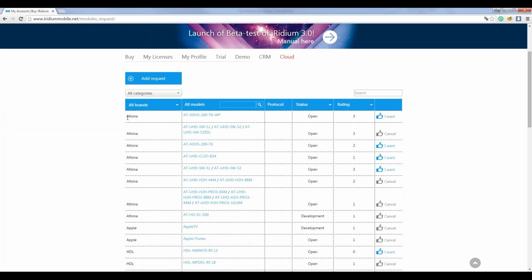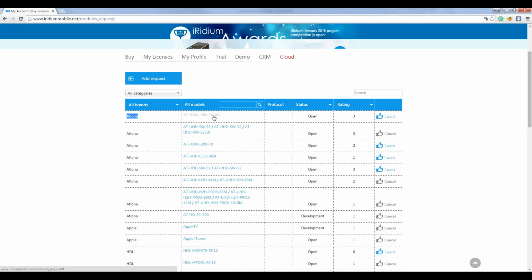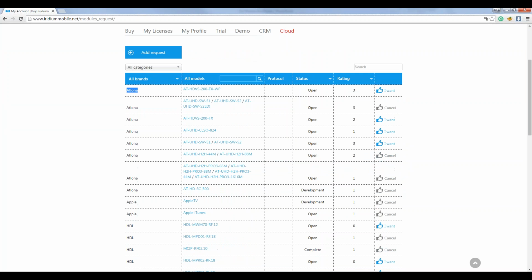So as the installer says that somebody wants Atlona device, Atlona brand, and the module for that. If I see the module that I want, I should press I want, and my voice will up the rating of that module, and every developer can see it.